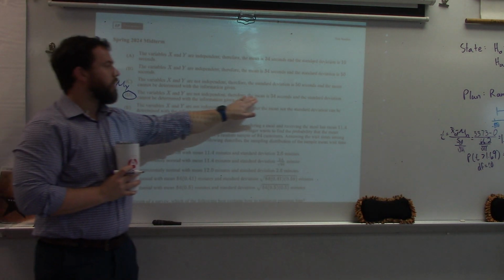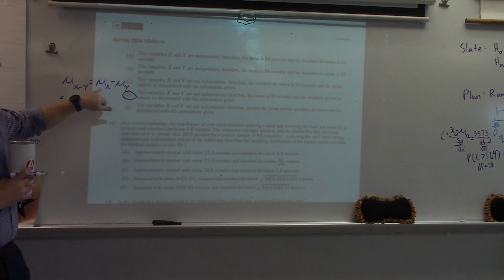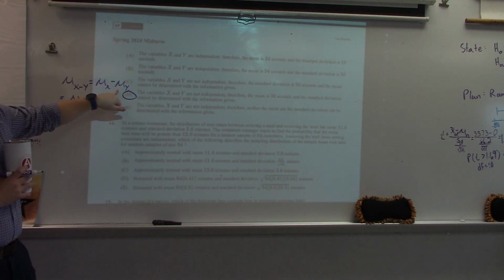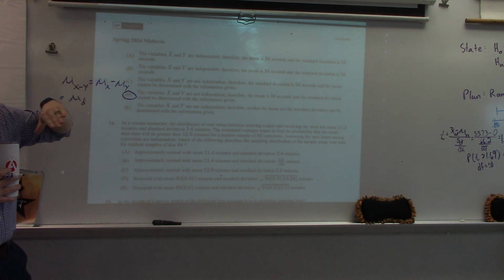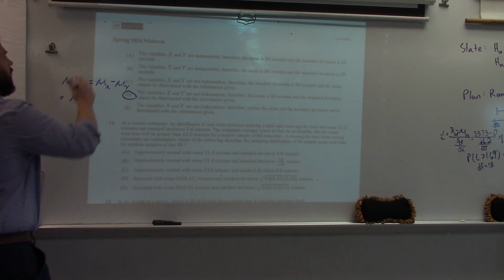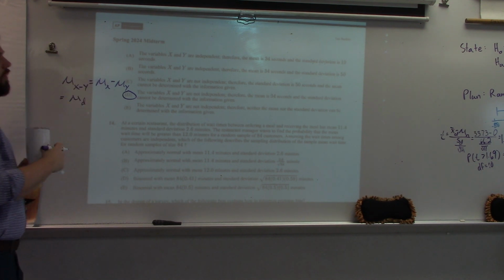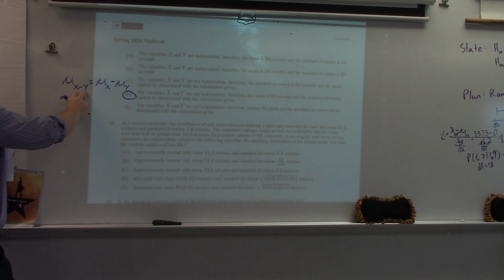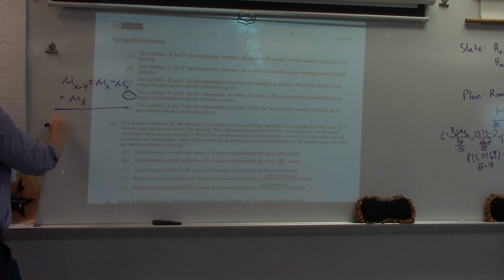So the mean is 34 seconds, right? If I take the X minus the Y, but because it is paired, I cannot use my standard deviation formula, right? Now, I do want to remind you, going back up in a second, we know that when we combine random variables, we can just subtract their means. But how would I find the standard deviation of the difference in their variables? So we can't do it in this one because they're not independent, right? It's paired data.